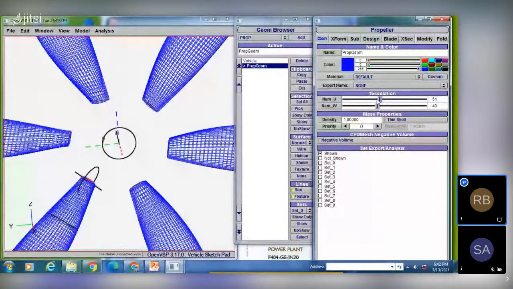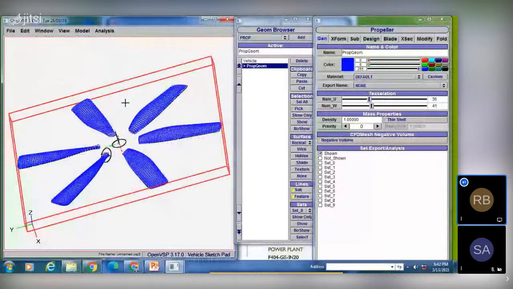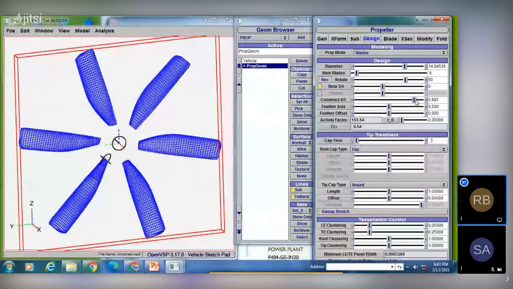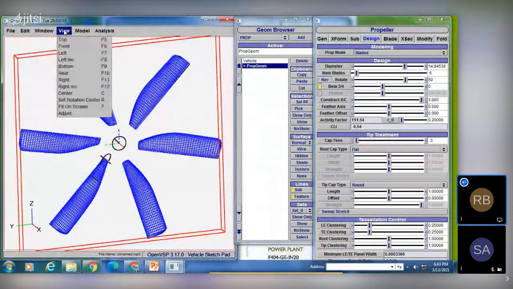See, construction X by C. Construction X by C in the sense,